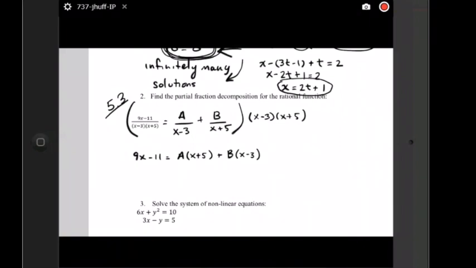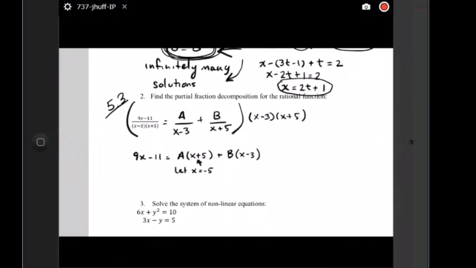So then at this point, because it doesn't matter what x equals, we're not solving for x, we're solving for A and B. If you remember, this is where we chose values for x, and we're not choosing random x values, we're choosing what I call convenient values. For example, with this one, if we let x equal -5,